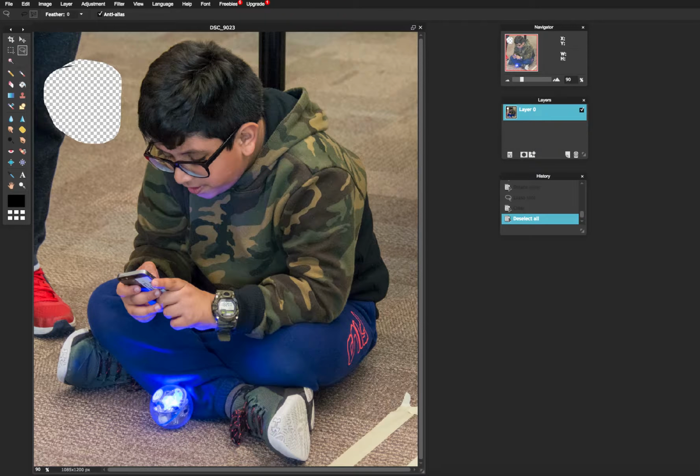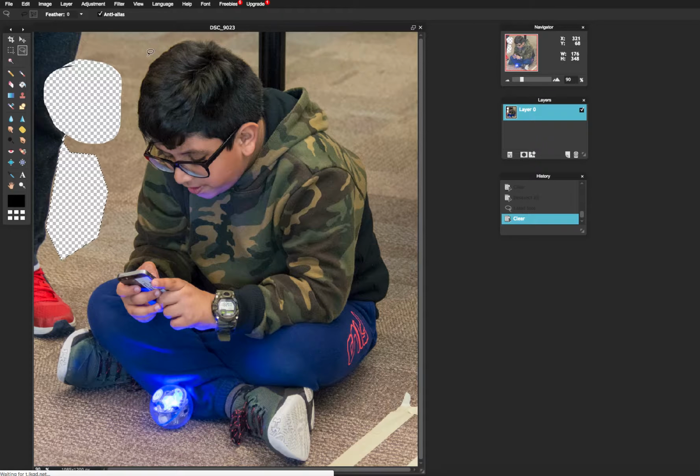I can hit Command D to deselect to get rid of the marching ants. Another thing I can do is click on this polygon lasso tool, which is much more tap oriented. So I can tap the places that I want, and I'm just tapping with my pen tablet, coming close to the beginning, and again backspace, and I can delete that. So that works really well if you want to do sort of a rough outline of getting rid of the background from our friend who's playing the Sphero. So I'm just tapping away here around him, sort of a general way,